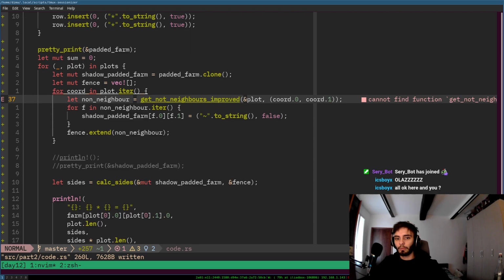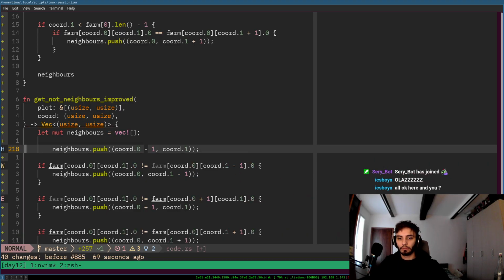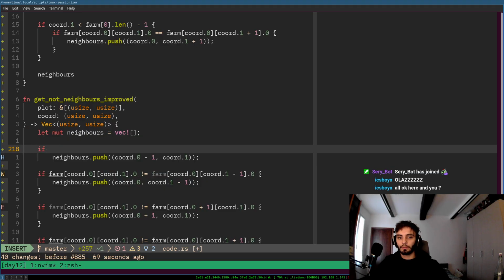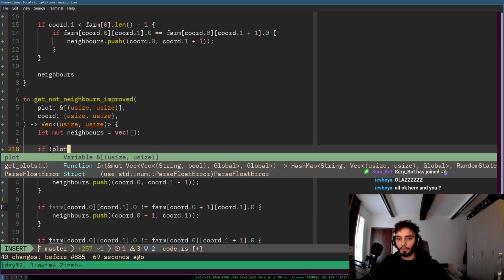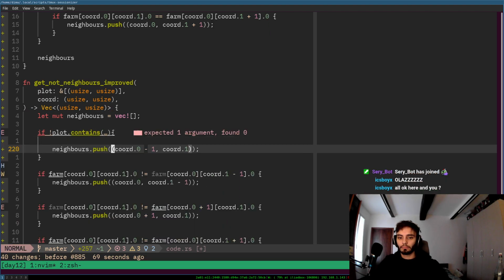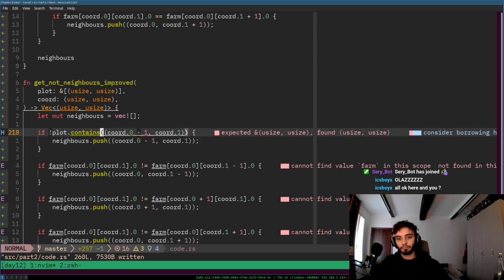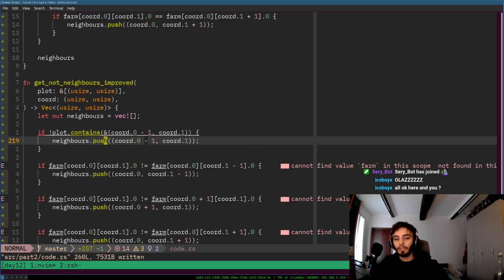Yeah, maybe I should keep the function here. Yeah, I should keep it. And I should check that if the coordinate that I'm trying to put doesn't work. So this coordinate over here. So if there's not in my plot this coordinate, now this feels like